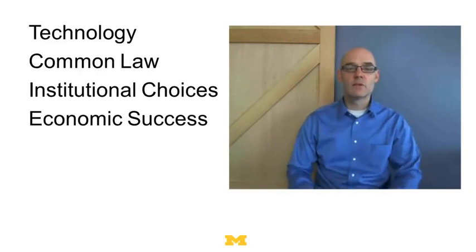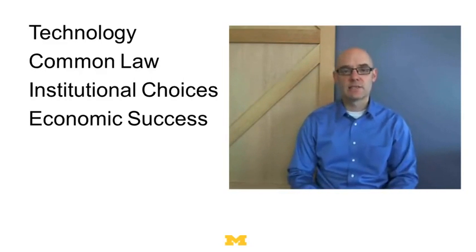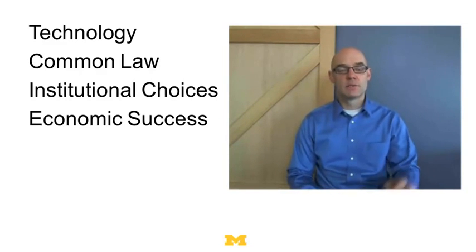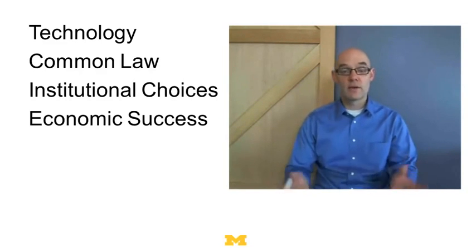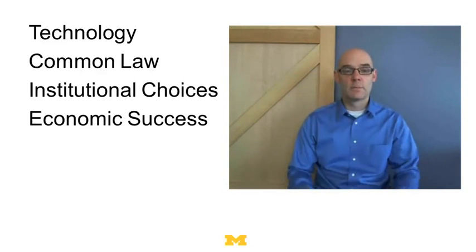And finally, even if we look broadly, something like economic success can depend on sequences of past outcomes. So current outcomes, how well the economy is doing now, what the population size is, can depend on previous outcomes. Let me give an example of that. I live in Ann Arbor, Michigan, which is a beautiful town nestled along the Huron River about 50 miles just west of Detroit. If you go about 40 miles west of Ann Arbor, you're going to run into a town